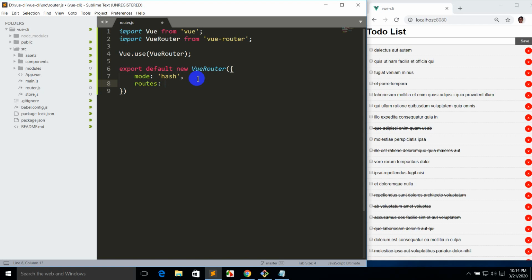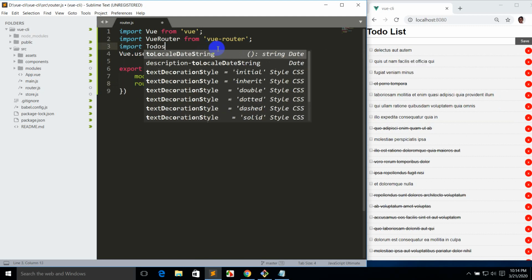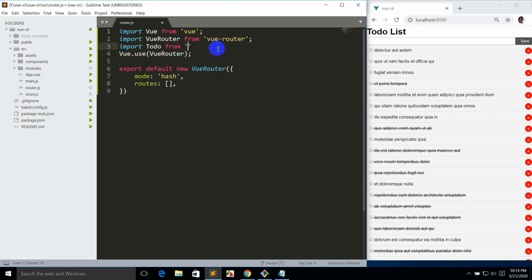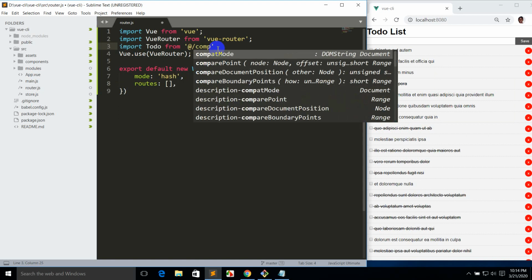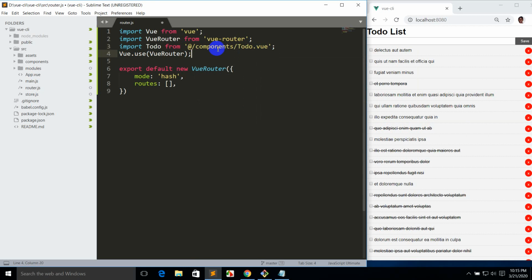For example, when I create the route, we import, for example, Todo from the component, todo.vue. So in the routes, okay,